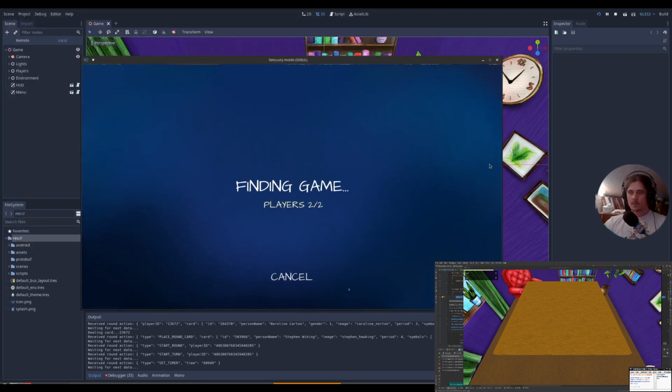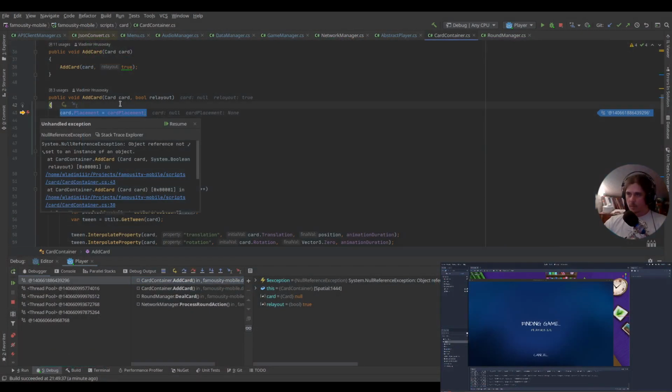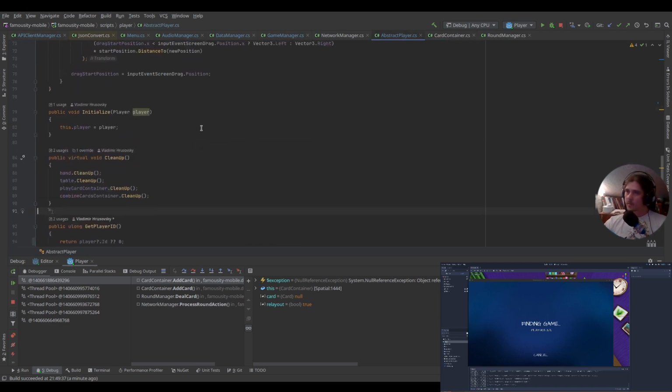Okay, so this is still not correct. Yeah, I think that I still have some problem with these players there. Maybe I will need to